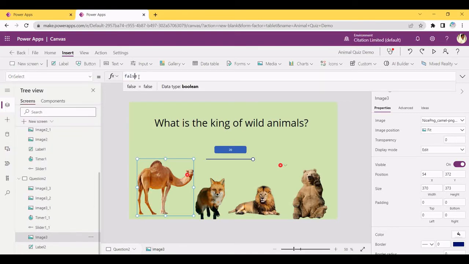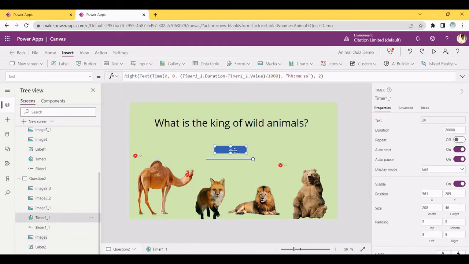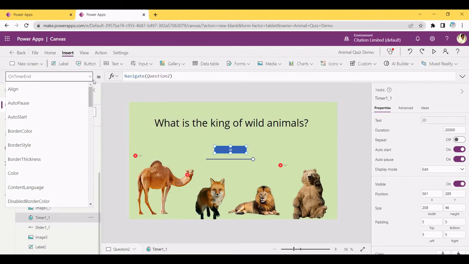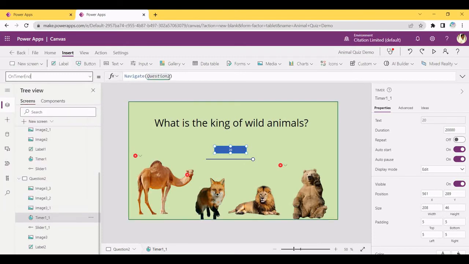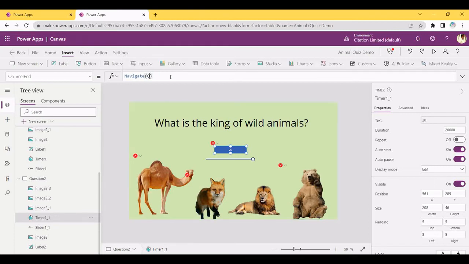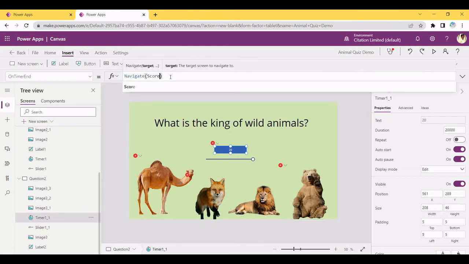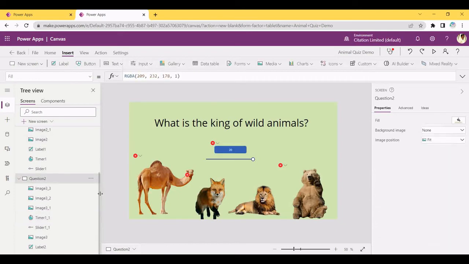Now let's change it to go. Now let's go to the timer, and we will just type here on timer. It's not navigate question 2, it's go screen. Okay, now